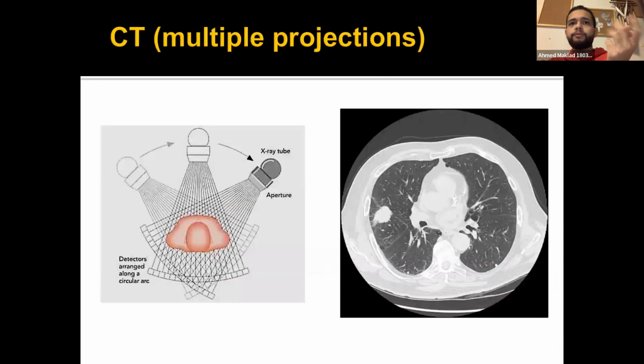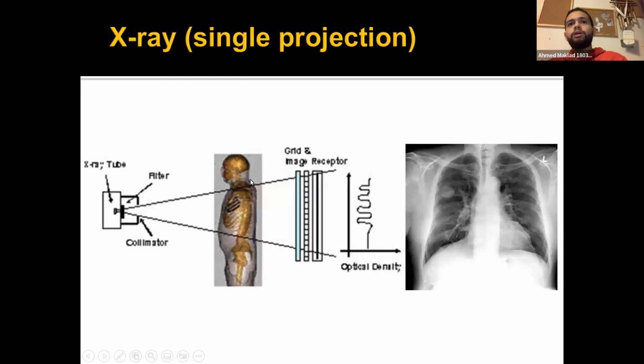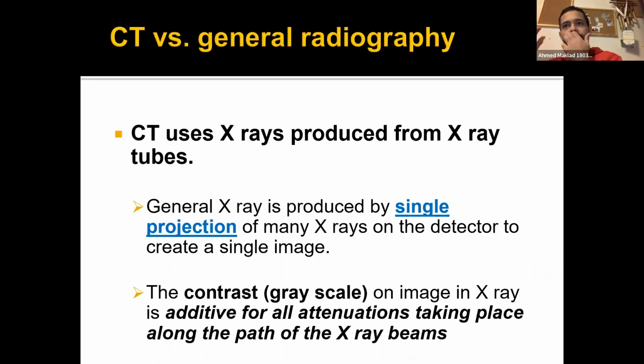Same slide from yesterday. All right, so in a normal X-ray, this is the X-ray tube right here, right? In a normal X-ray, you're going to have one detector and one X-ray tube. In a CT you have one X-ray tube, but you have multiple detectors, right? So you're going to have the X-rays coming in what's known as a projection, like a single view. Think of a projection as a view, right? So you get one view when it comes to X-ray, while with CT you get multiple views,